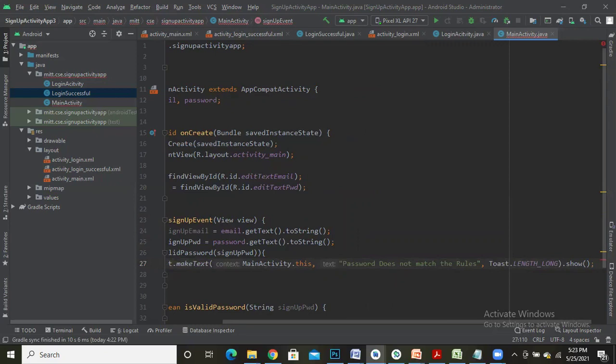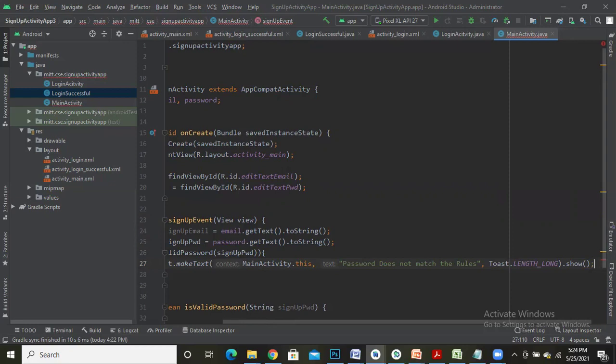For toasting a message, I'm going to call a function called makeText. The makeText method is going to accept 3 parameters. First parameter is the context where you want to display the toast message. I want to display the toast message in the current context, which is nothing but main activity. So I had given MainActivity.this. The second parameter is the message you want to present.